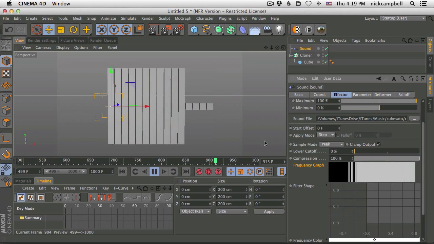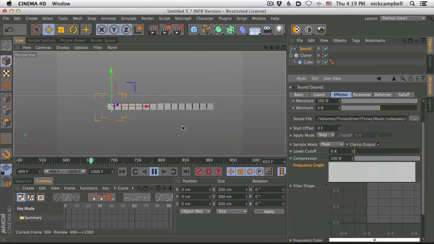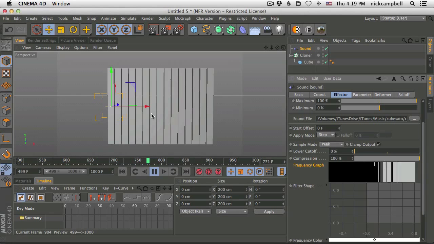In fact, if we crank everything, you're going to see we're basically down to a 1 or 0 level. When it's really quiet, it goes to 0, and when it's really loud, it goes all the way up. It almost turns into a binary system where if it's on, it's on, and if it's off, it's off. We don't get any of that movement anymore the higher we compress that signal.